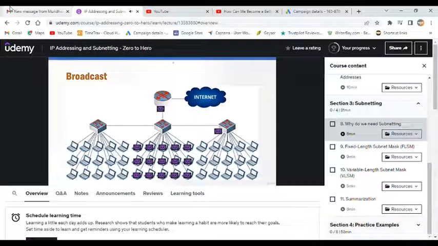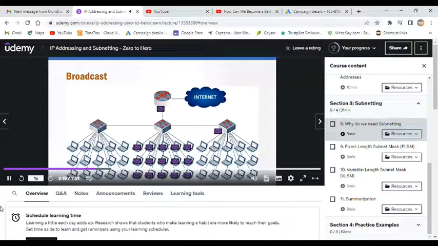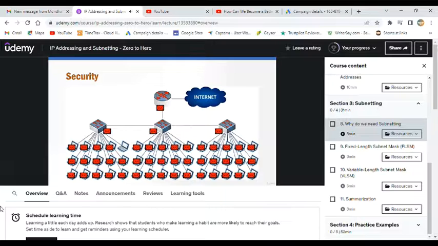Now, the router is not going to forward the packet because routers generally do not forward broadcasts, but this switch is going to forward the packet to all of the PCs in its network. So in the end, these are all of the devices on this network that have received this broadcast. Now you may notice that it says security here, and this is a security concern. Generally, broadcast is an enemy of security because the way a network functions normally is that when a computer receives